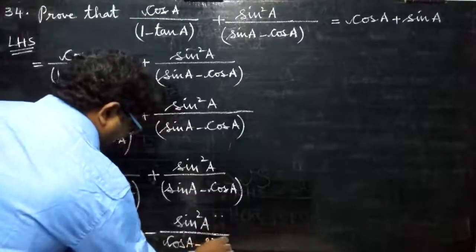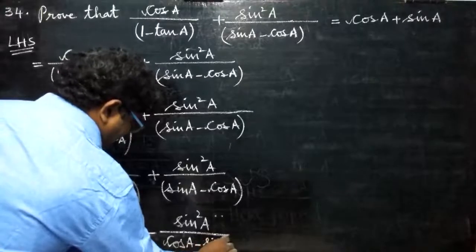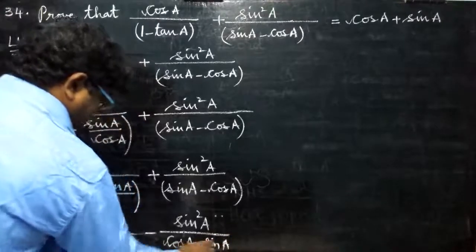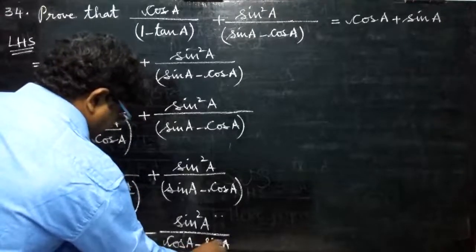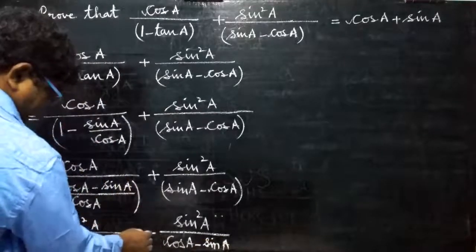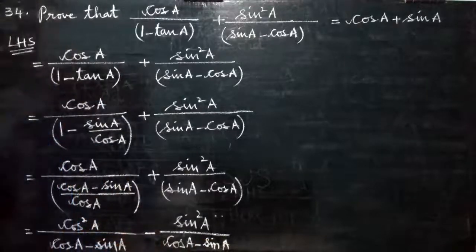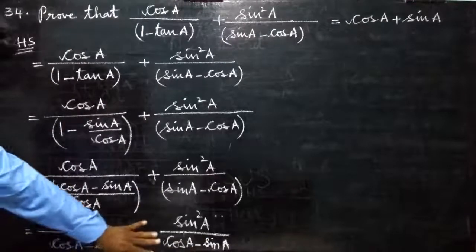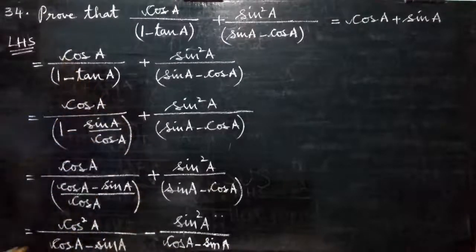So, when you are changing like this, the sign will change. Keep in mind. Which sign? The sign between these two fractions. Plus is there means it becomes minus. Minus is there means it becomes plus. If you remember this, the whole problem completes. Now,